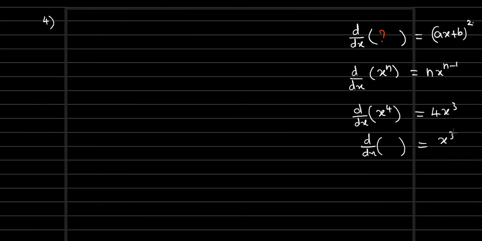So in the power, you increase 1 and write it over here. Okay, like that you need to track. Then you just self check. X power 4 integration, x power 4 differentiation is what? 4 we need to bring as a coefficient and we need to reduce 1 from the power.